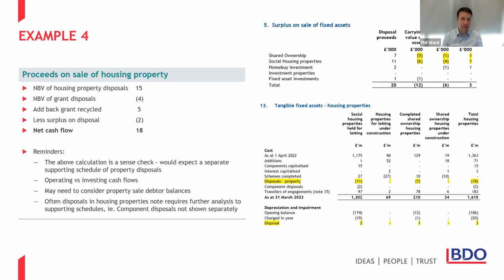Just to think about whether this is an operating or investing cash flow, you might have noticed on the example earlier in the document, you can go back to that if you want, once you have hold of the slide pack. This is treated as an operating activity in this example. We've done that because surplus on disposal of fixed asset housing properties is treated as usually as an operating item. It's above operating surplus in the statement of comprehensive income.